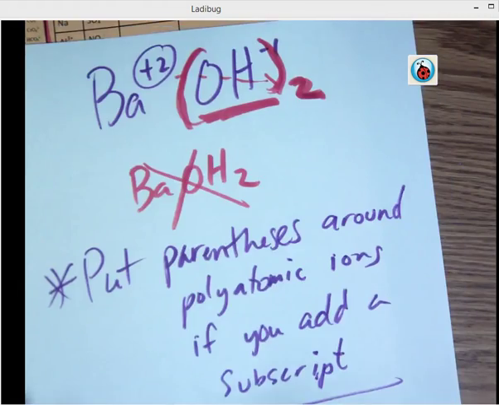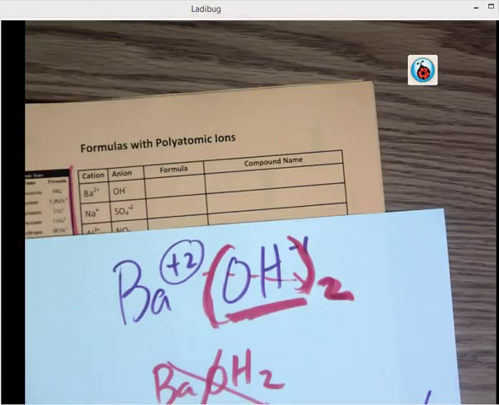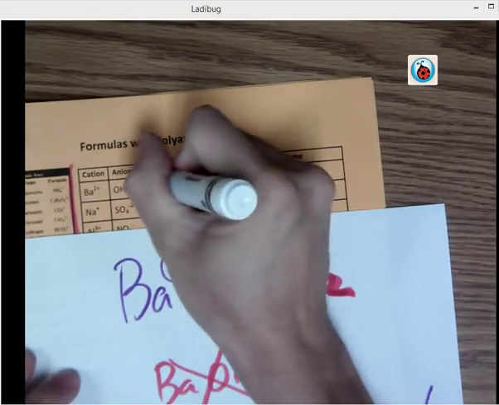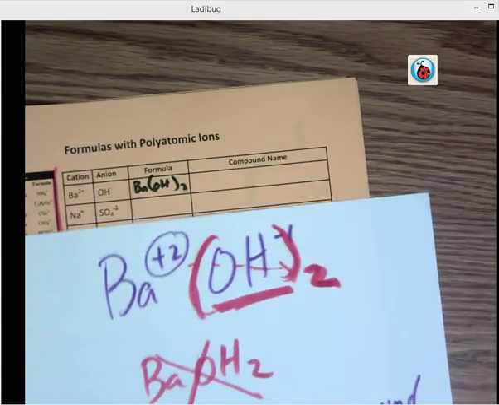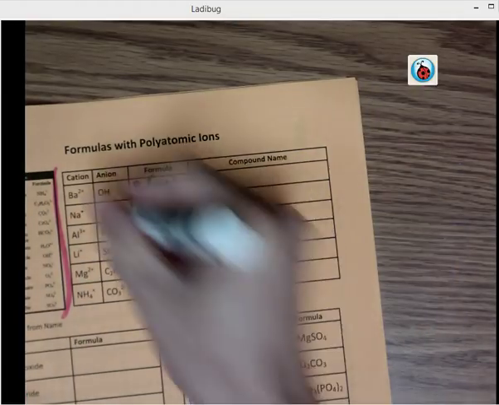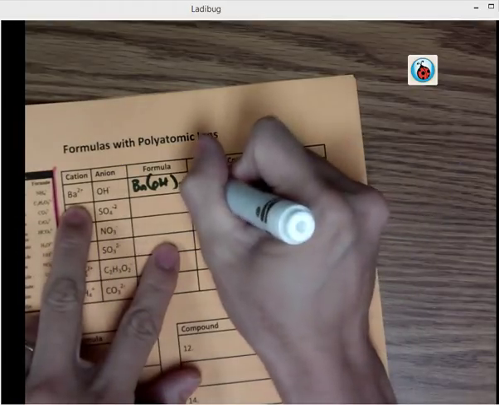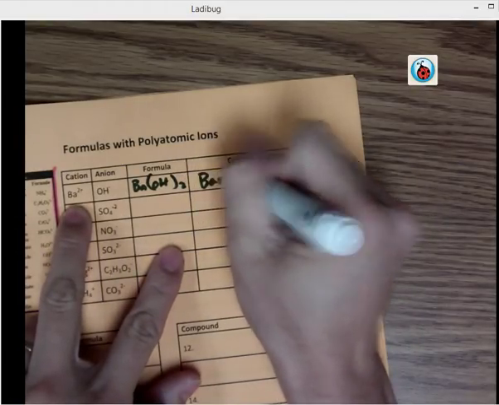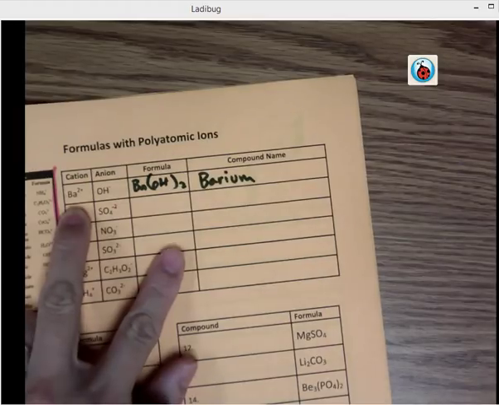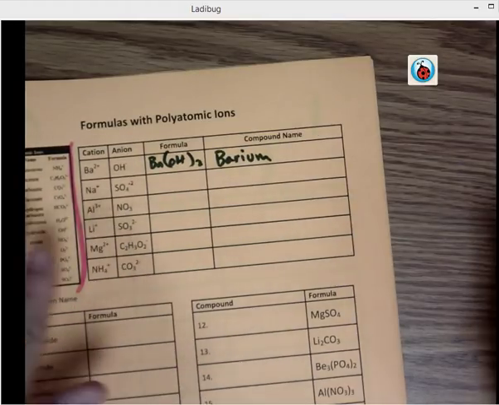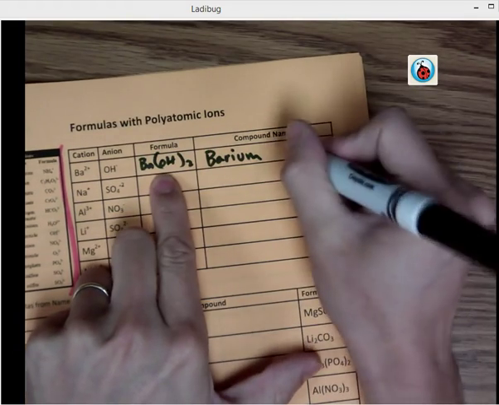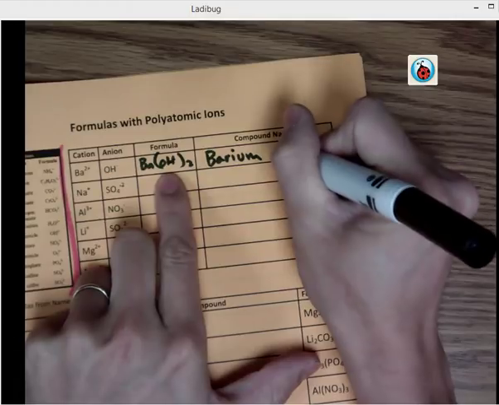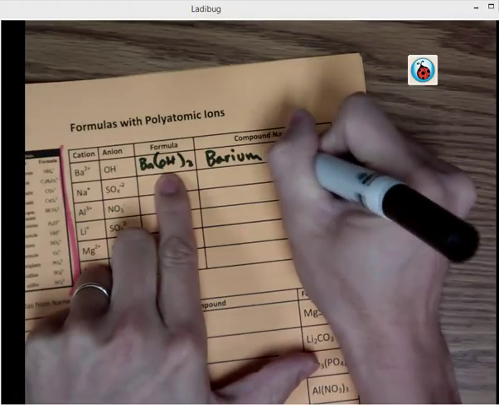So the formula you write in here is Ba(OH)2. To name it, ladies and gentlemen, you name the first one, barium, as the metal ion that never changes name. With binary or polyatomic compounds, the metal ion never changes name, and the polyatomic ion does not change name either for these ionic compounds. So just name it hydroxide,